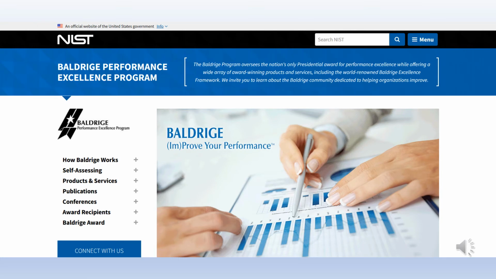This is the Baldrige Quality Award. It's run by NIST in the government. It's named after Malcolm Baldrige. He died about over 30 years ago in a rodeo accident. So this has been around for a while. And what you do is you can go to this site and take a look for an organization that's similar to yours,